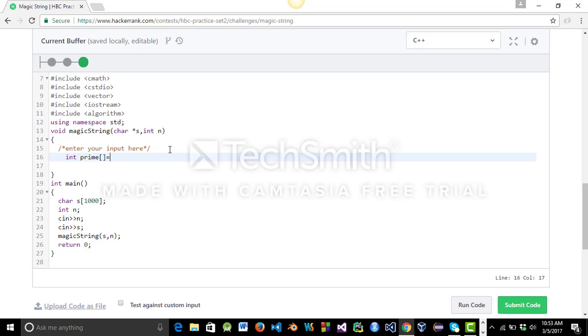So we even store the prime numbers from 97 to 122. So let's store the prime numbers: 67, 71, 73, 79, 83, 89, 97, 101, 103, 107, 109, 113.